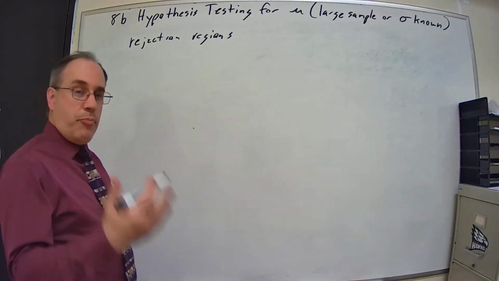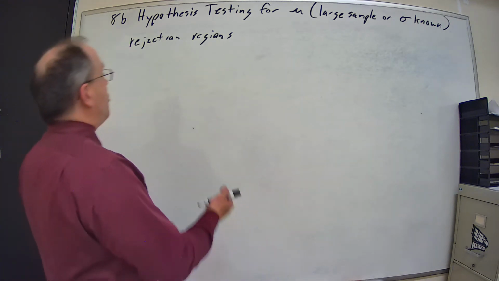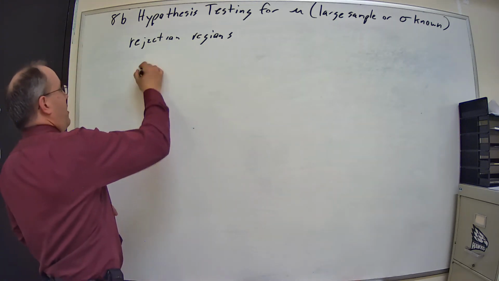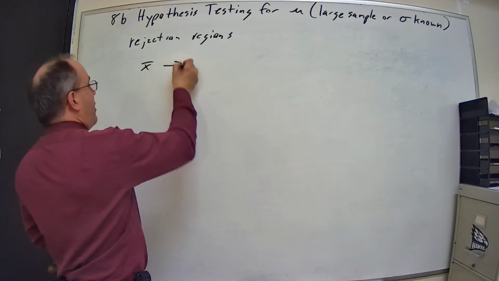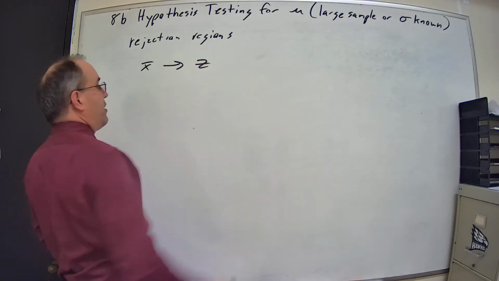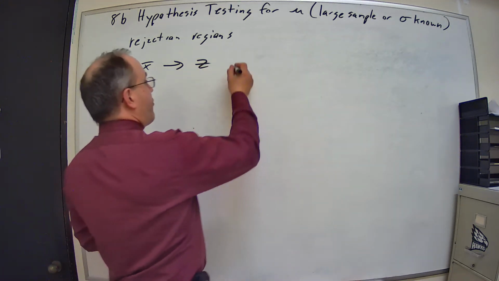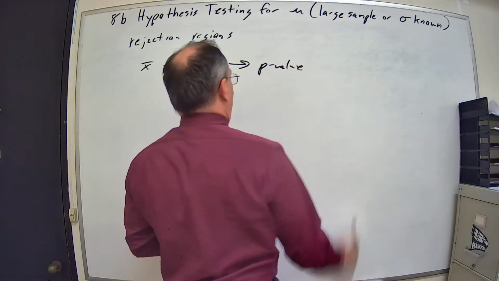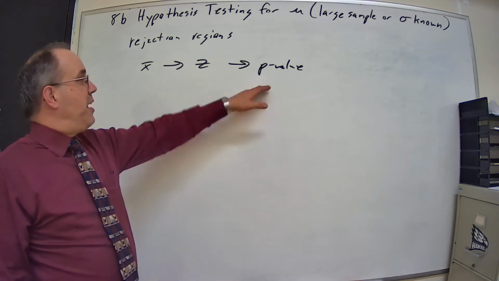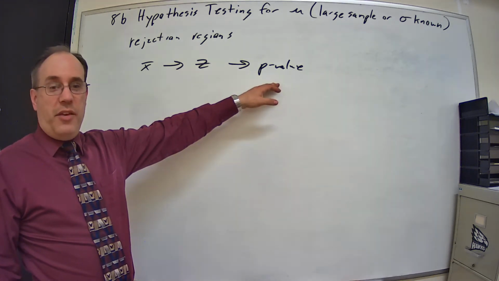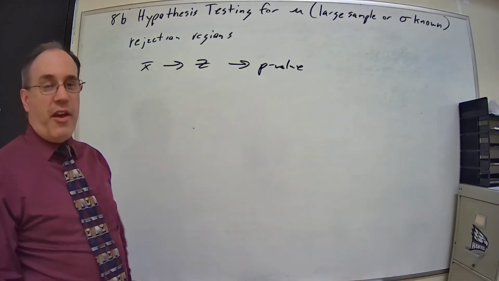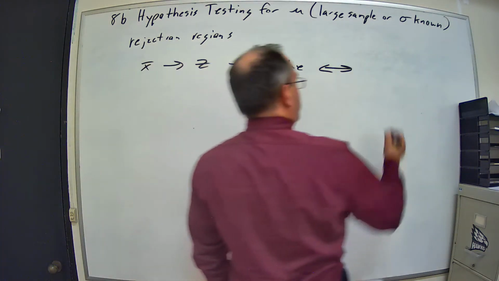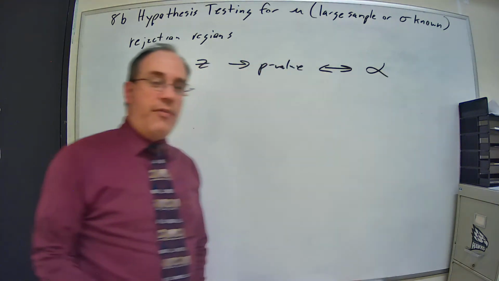Previously, when we had a p-value, we took our test statistic, x bar, and we worked it to the point where we calculated the z-score, and then from the z-score, we found a p-value. So we went to the table and ended up getting a p-value, which we then compared